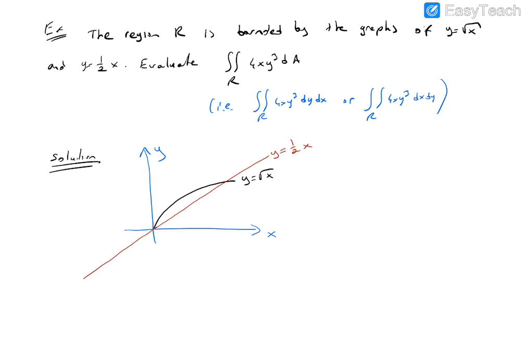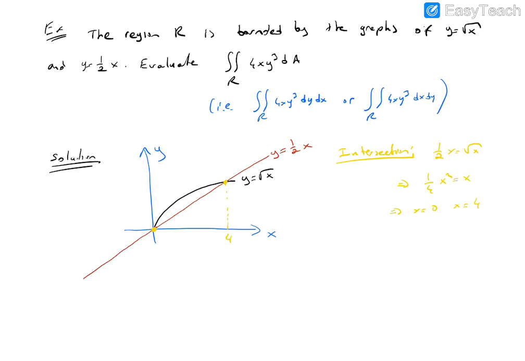So easily you can find the intersection of these two graphs. One of them is the origin, that's right. The other is this point. So let's calculate the intersection. 1 over 2x equals square root of x. Let's take the square of both sides. (1 over 2x) squared equals x. So this implies x is 0 or x equals 4. Yes, that's right. So this intersection point is 4.